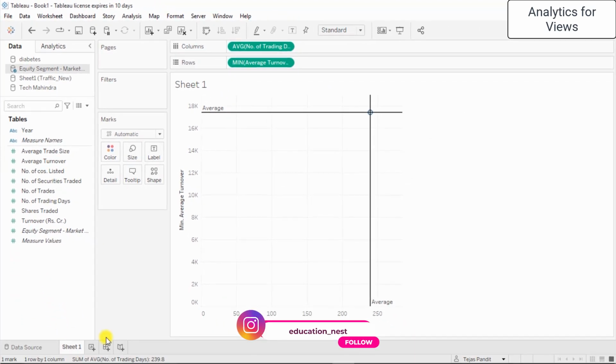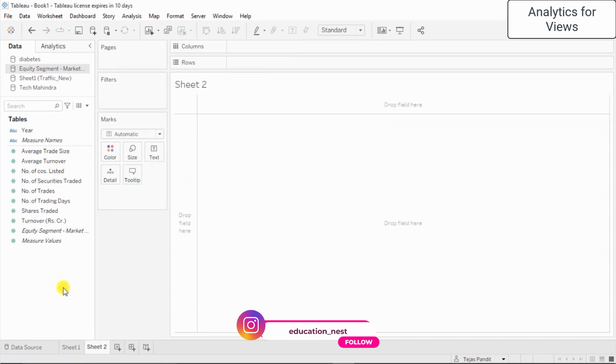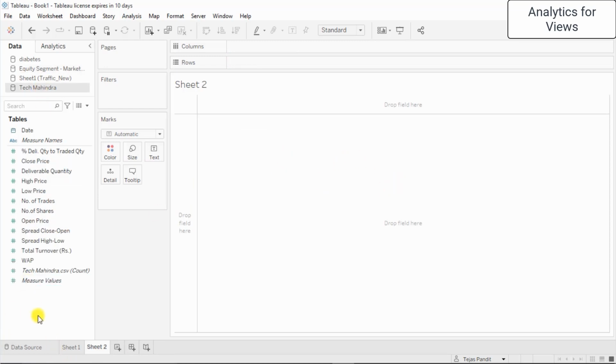Okay, now if I want to work on a new sheet, I'll click add a new sheet. In the new sheet, I'll start working on a new data set. And what do I intend to do here? Well, I would like to see the spread high and low against the total turnover. So I'm taking this over here